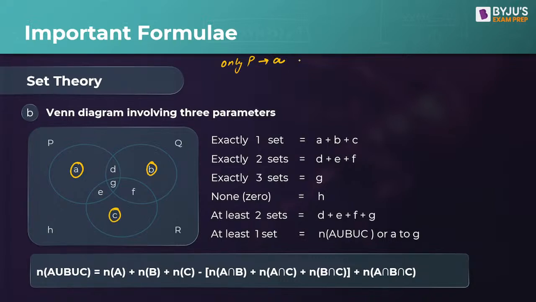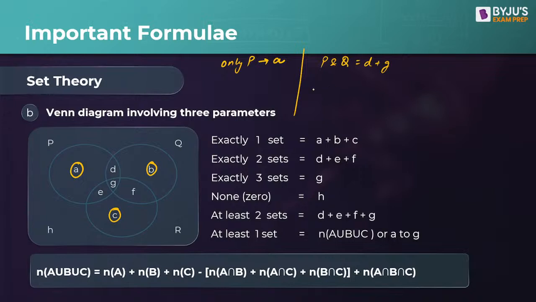Now, P and Q. This is very important, so listen to this very carefully. The region that covers P and Q. We have to consider the region in which the circles P and Q overlap. That will be this region that I am shading, that I am highlighting. It will be the region D and the region G. These two regions will identify P and Q.